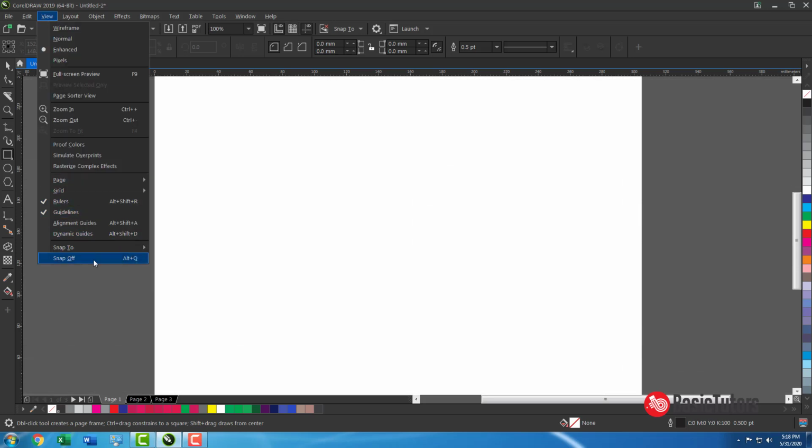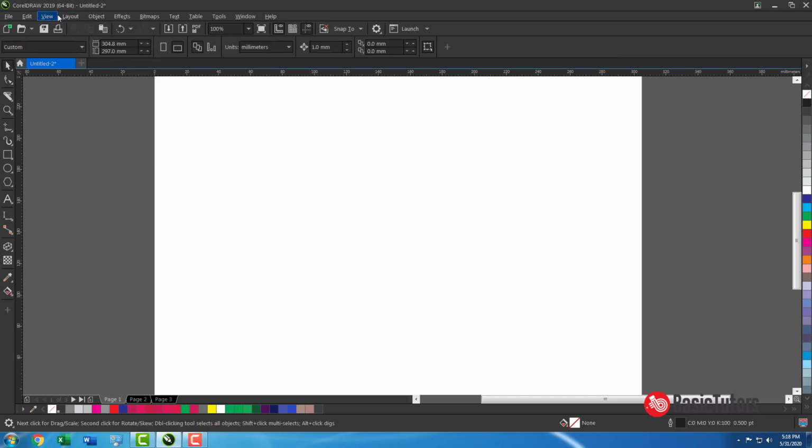You can switch off all of them simply by pressing Alt Q, like snapping to objects, snapping to nodes, or snapping to guidelines. All those things get switched off, toggled here.